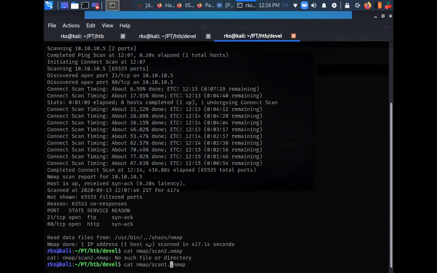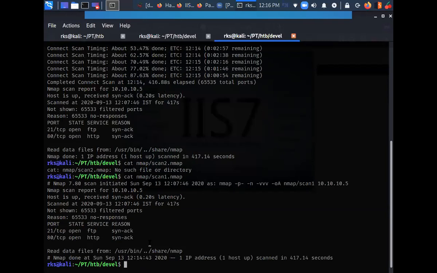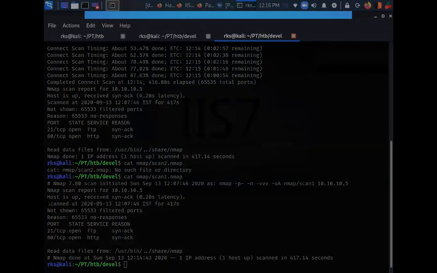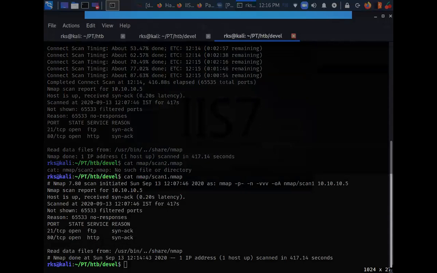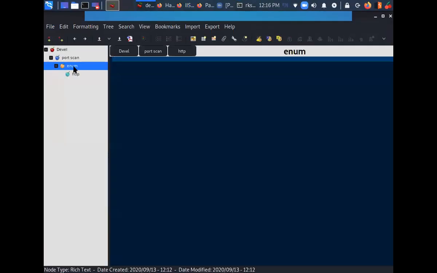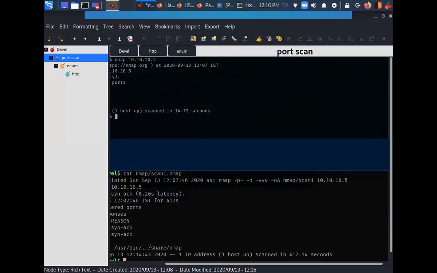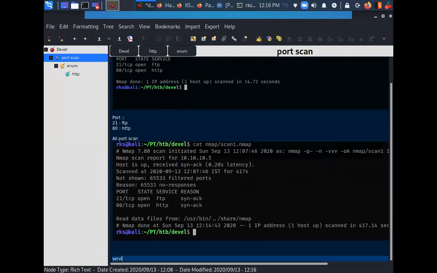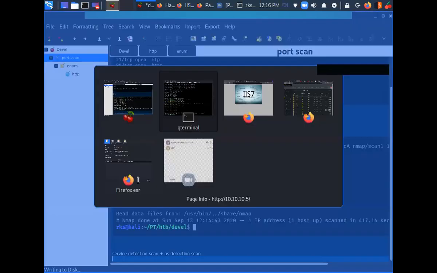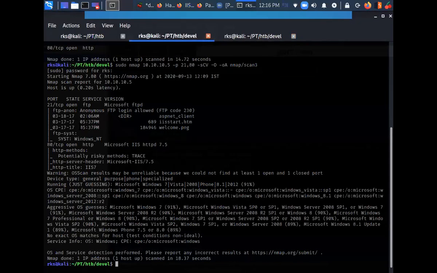Okay, this would be scan 1 dot nmap. Let's take a snap of this thing as well. Port scanning here. Let's type all port scan, service detection scan plus OS detection scan, and let's save the output from here.